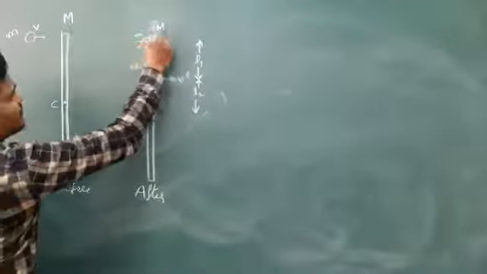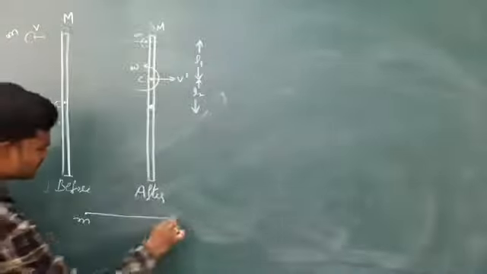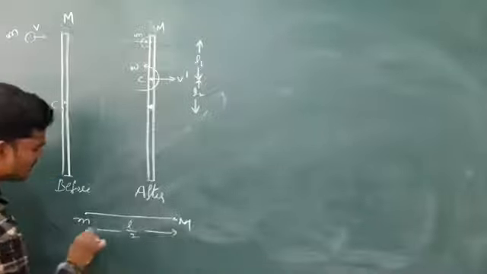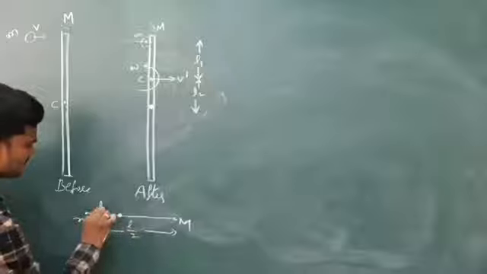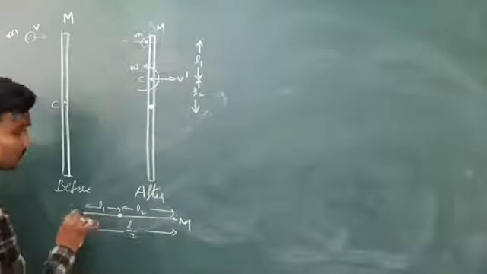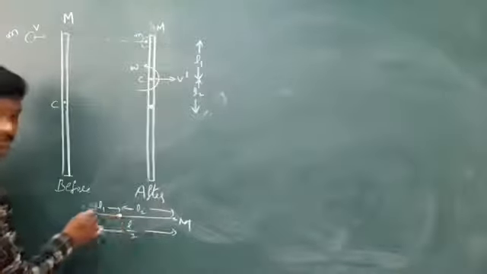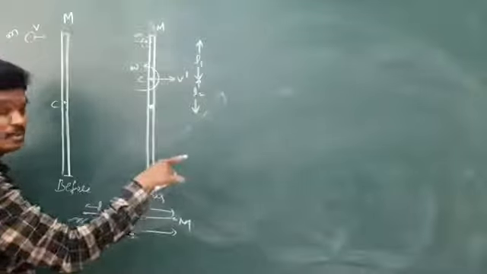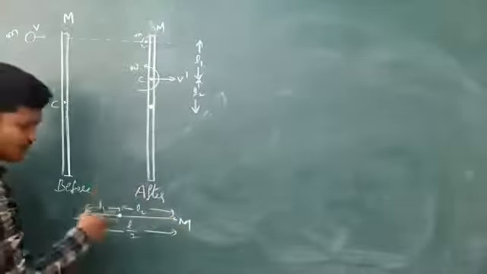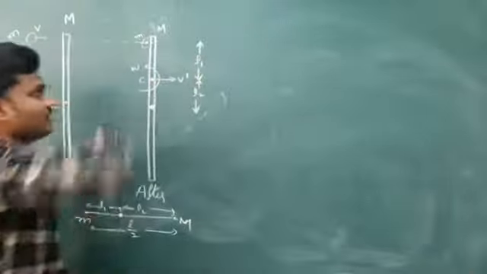This is one particle, and these two particles are separated. Let me draw here. This is capital M, separated by L by 2, and you know how to find out the center of mass. This is L1, let us suppose, this is L2. Like in center of mass, M1, M2 are separated by a distance d. To find center of mass from M1, you use M2d by M1 plus M2, and the distance of center of mass from M2 is M1d by M1 plus M2. Apply the same concept, you will get L1, L2. So let us get the L1 value, L2 value. After that I will continue.